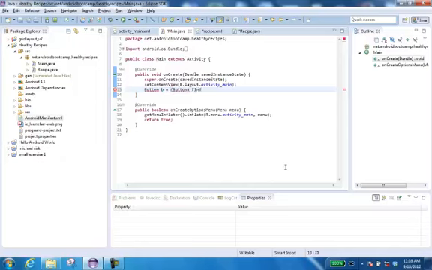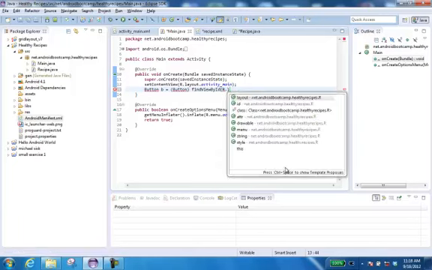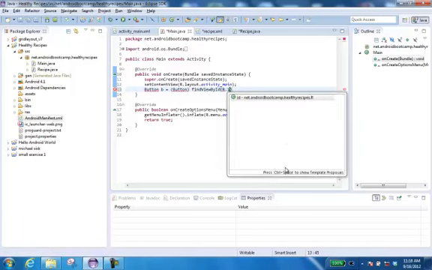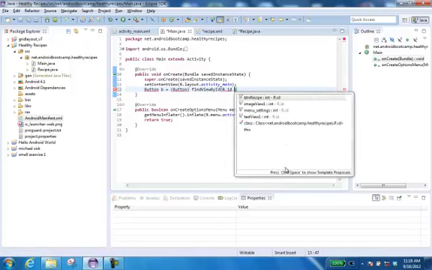Find is lowercase letters. View starts with a capital V. By starts with a capital B. ID starts with a capital I. So it's button, parentheses, find, capital VIEW, capital BY, capital ID, parenthesis, R, period, ID, lowercase letters, dot, BTN, and